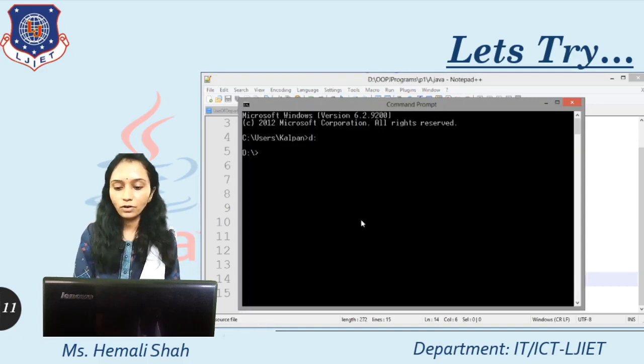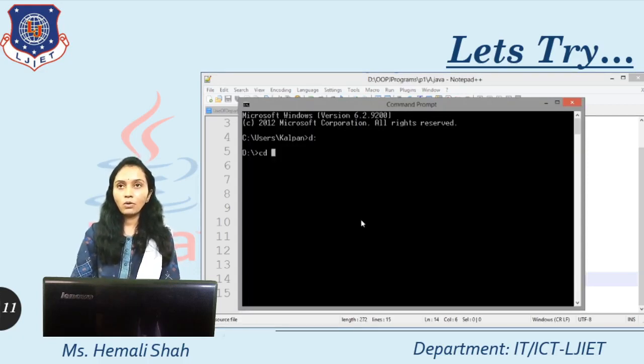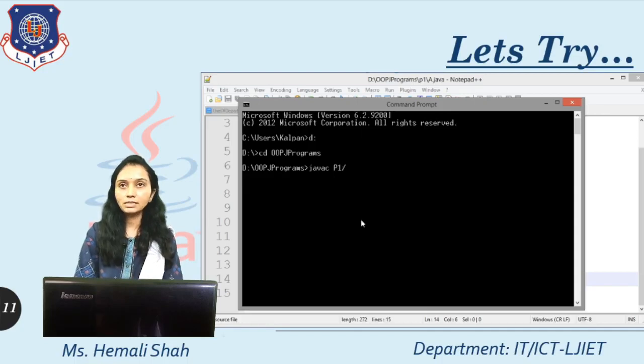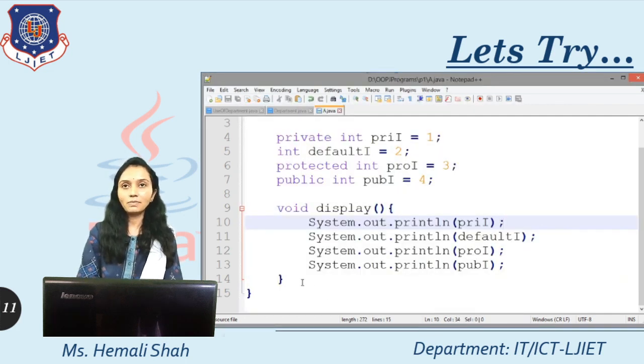Now try to compile this code. For that, move to your D drive, cd OPJ, programs. Right? Now from the same directory, type javac P1 folder. Inside P1, then slash p1 in small letters, since P1 is the class name in small letters, then backslash, then our class name, A.java. So just try to compile it. See, here we are not getting any error. That means you can access everything, public, private, protected, all the things in the same class. Right? Private is accessible in the same class.